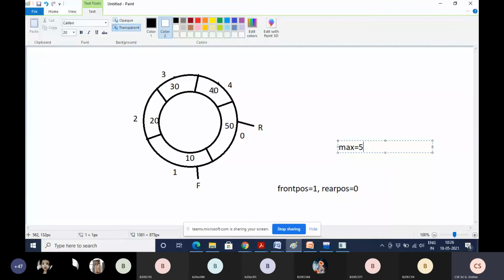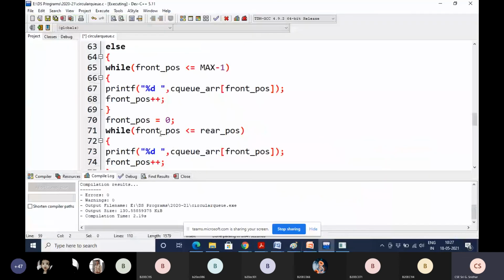And after that, what are we doing here? From front position to max -1, that is 1 to 4, we are displaying all the values by incrementing the front position. Then after that, we set the front position to 0.